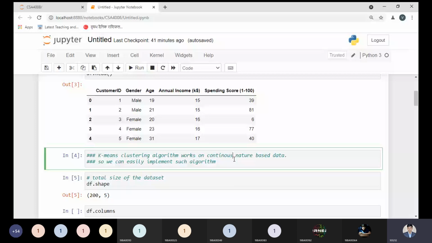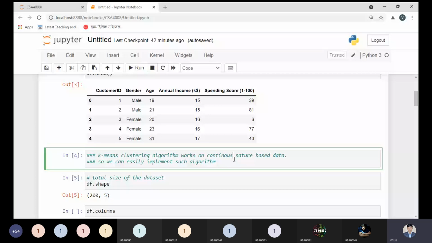What is the known information? What is the unknown information we have? Annual income and spending score could be part of this, but we need to understand what parameter we can use to justify. So step by step we will look at this matter. Unlabeled means the output is unknown to us. Labeled means we know the output, what the expected output would be.